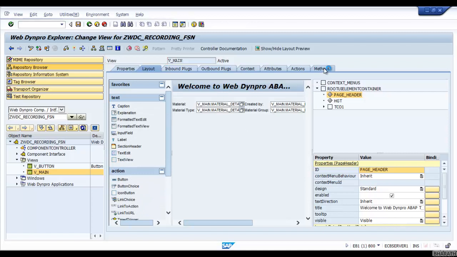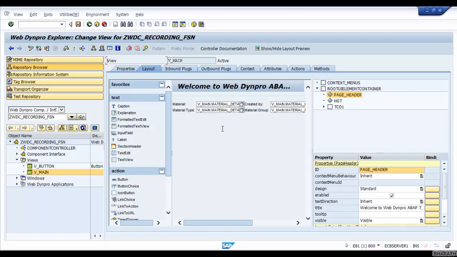You can use the WebDynpro Code Wizard to design the screen as well as to generate the required code. Today I'm going to show you how you can make use of the Code Wizard to design the screen, and at the same time how we can make use of it to generate the required code. First, let's go with designing the screen using the WebDynpro Code Wizard. I am in change mode of the WebDynpro component.